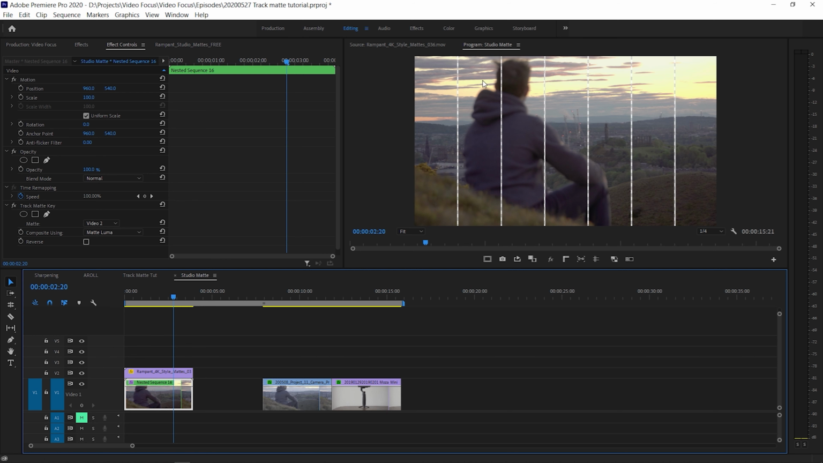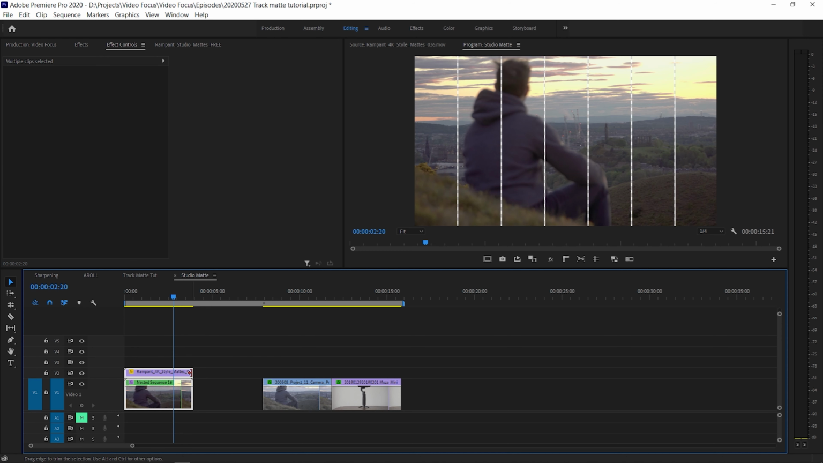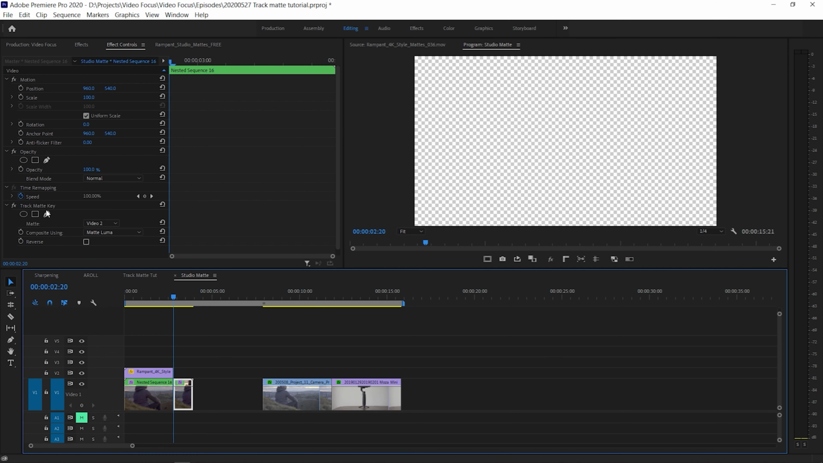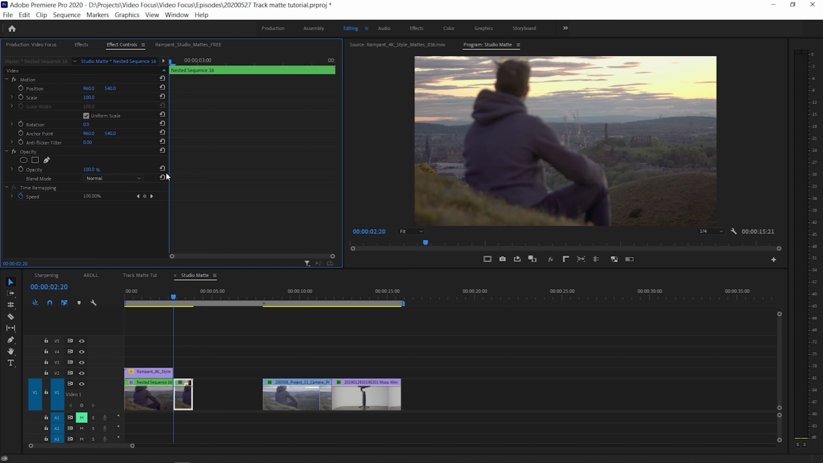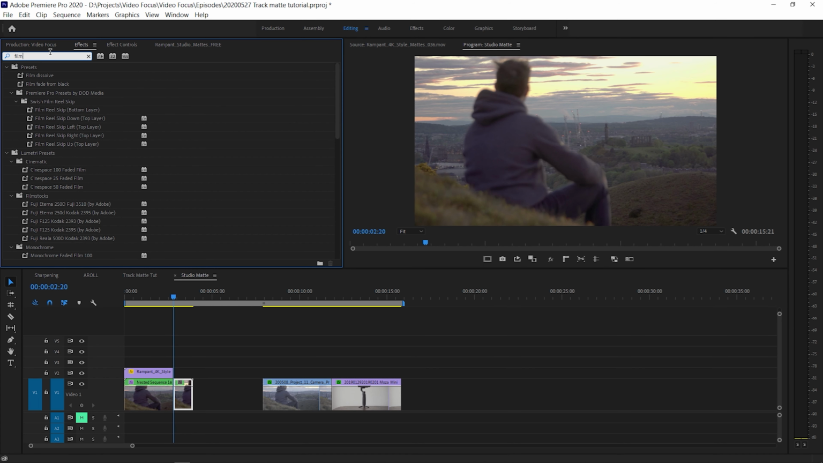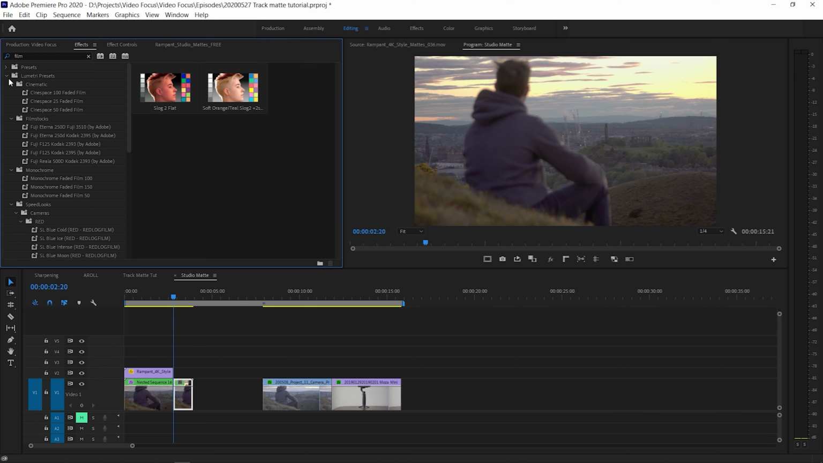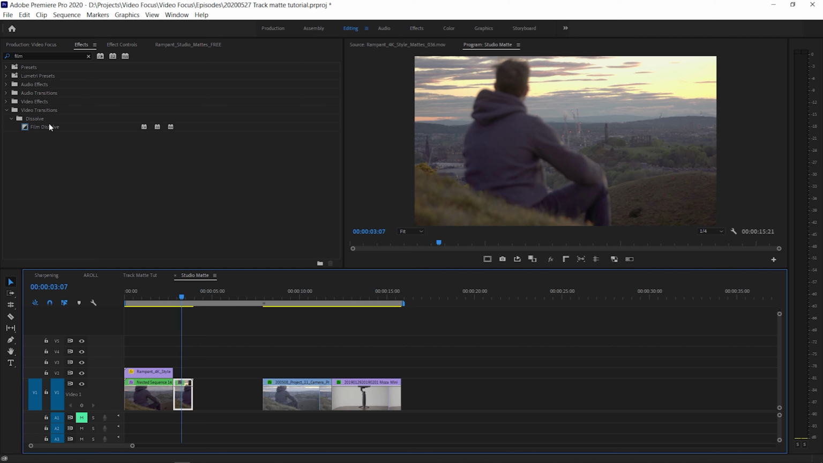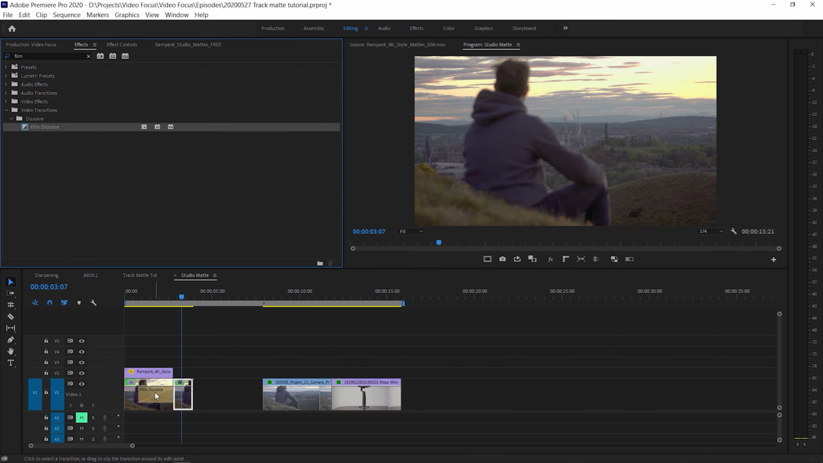And then if we want to get rid of these wee lines, what we do is trim the top layer to where we want it to, cut our nested sequence, and just remove the track matte key. And just so it's a nice smooth effect and not too abrupt, we can apply a film dissolve, because right now it looks like this. If we add the dissolve and just do that to half a second,